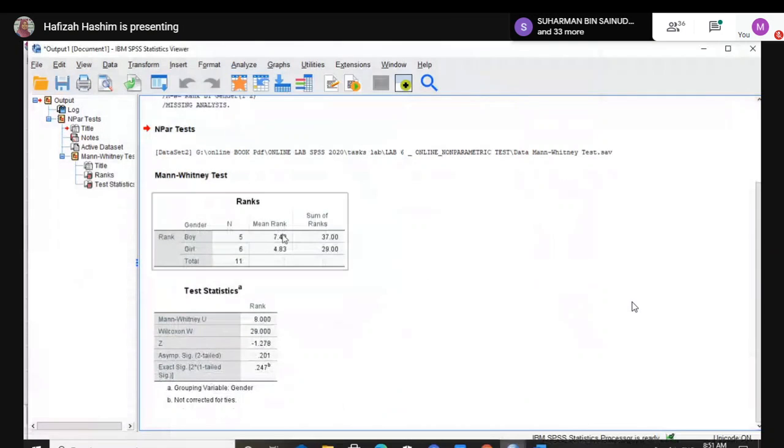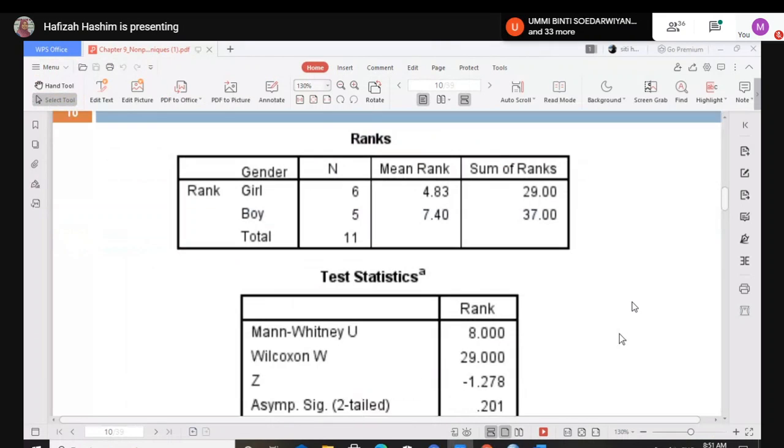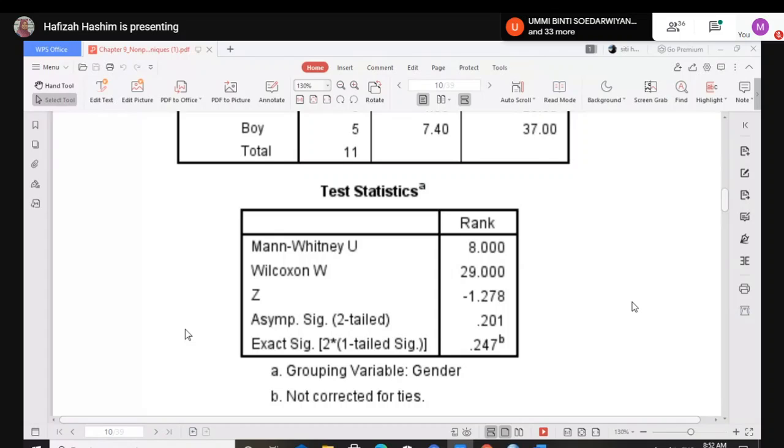Is it the same as what you have in your lecture notes? So you have the variable there, and then you have the test statistic. Okay, this is the test statistic. You can see the value of Mann-Whitney and Wilcoxon, also the Z score, the critical value here.